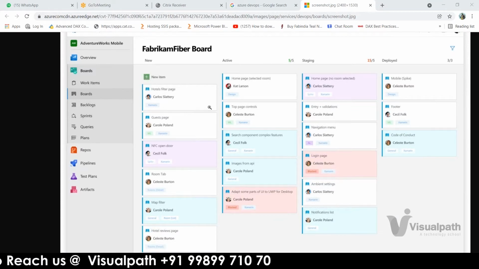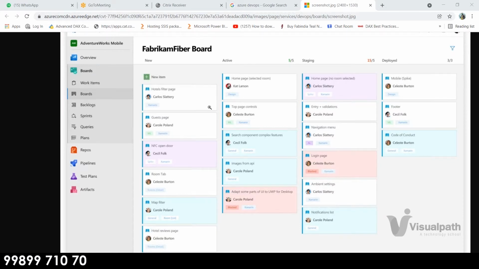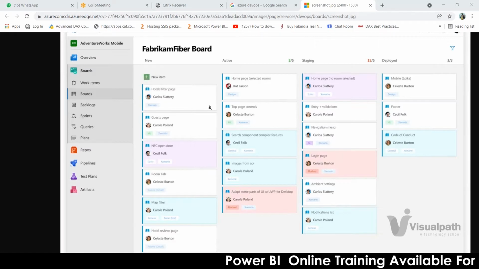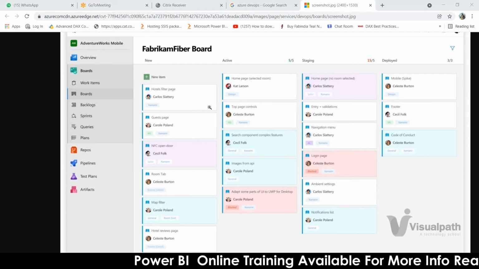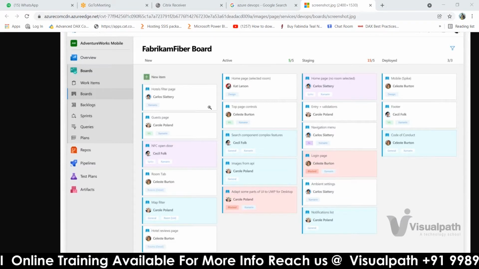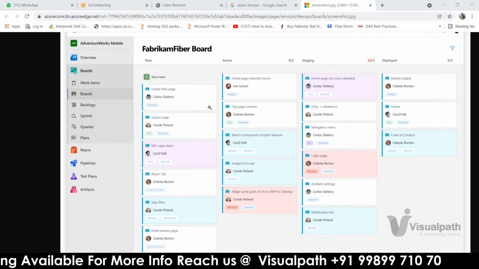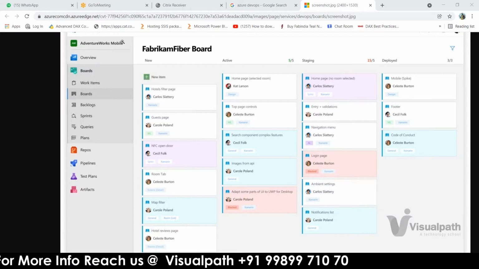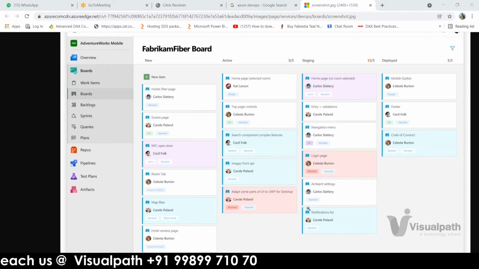Once you analyze all those things, and you feel like yes, these can be developed within these 2 weeks, then you will mention the time frame for each task. This task will take 10 hours, this task will take 32 hours, this task will take 6 hours to finish. So you will mention the time points, right? So how will all these things happen? All of these things will happen under the Azure DevOps board.